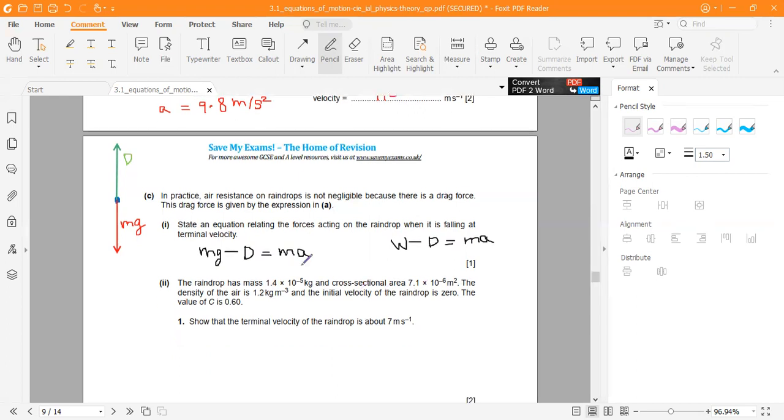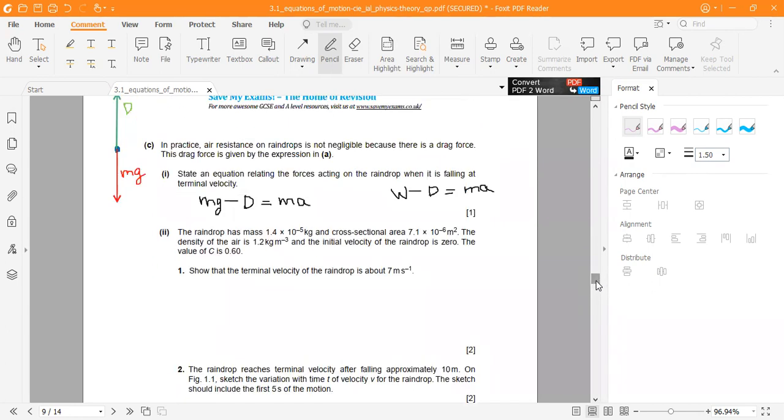Mass times acceleration is basically the net force. We will study this in detail in the next chapter. So this is a question from the next chapter, dynamics. But we will do it in detail in that chapter. Right now, all you need to know is that this is called a free body diagram. This is like an intro. When you draw a free body diagram, you write all of the forces that are acting, and then you write equations in which you relate all of those forces.